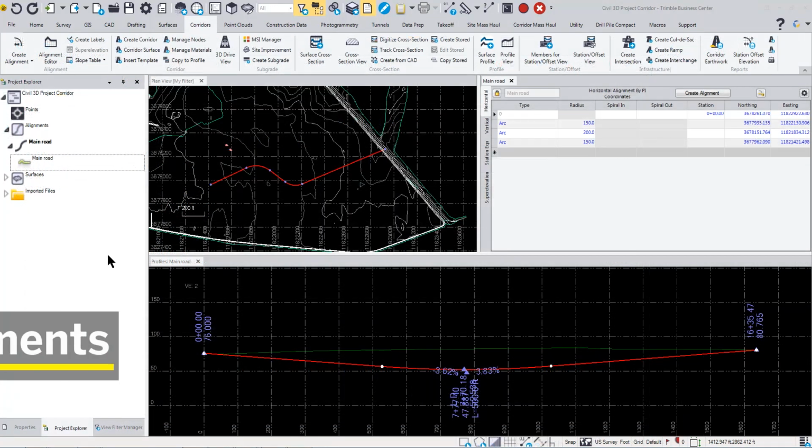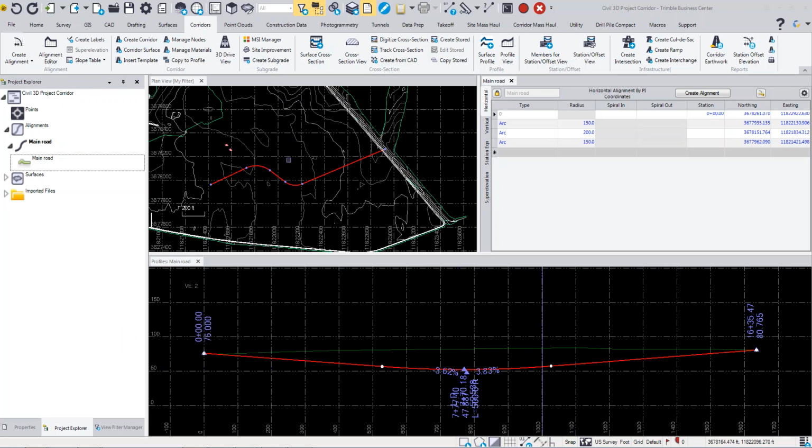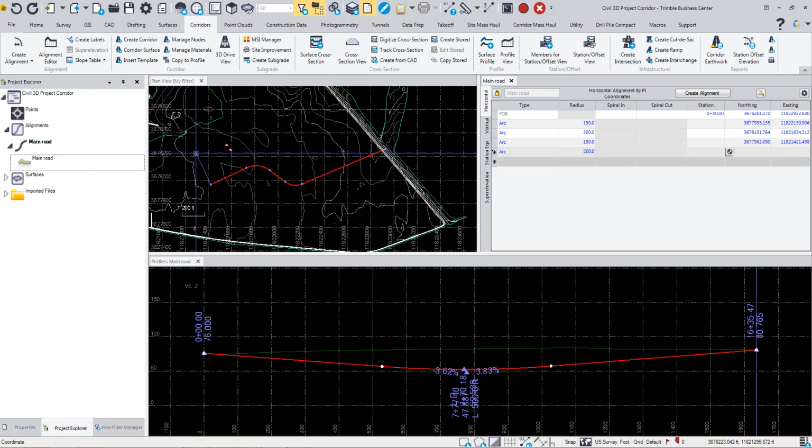In the Surface Modeling Edition, you also have the ability to create and edit horizontal and vertical alignments. You can convert existing line strings into alignments or use the table to enter in the horizontal or vertical data. If we were to come in here and add another arc, with a curve radius and a location for the endpoint, you'll see that it will continue drawing in that horizontal